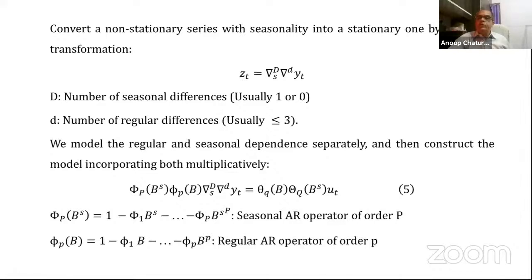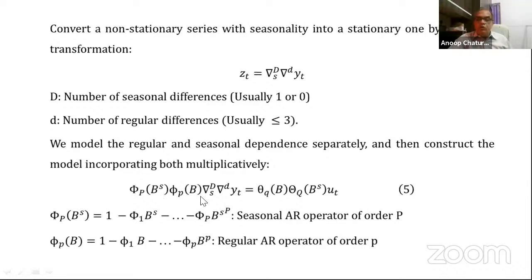Means like Yt minus Yt minus 1. And usually we don't go for small d beyond 3. Even 3 is a large number, because each time you difference, you lose some information. So we model the regular and seasonal dependence separately, and then we construct the model incorporating both multiplicatively. So what we have done,